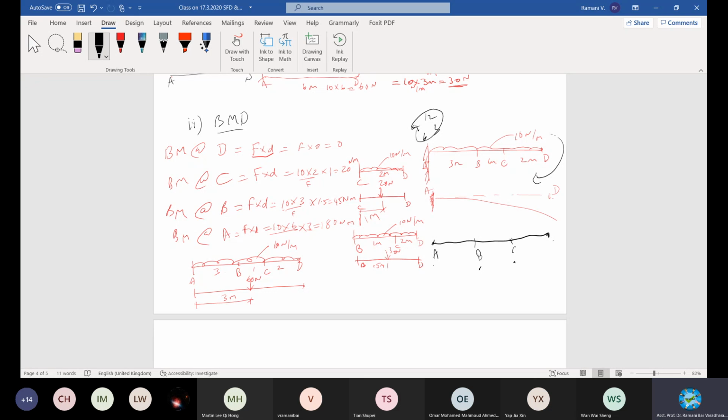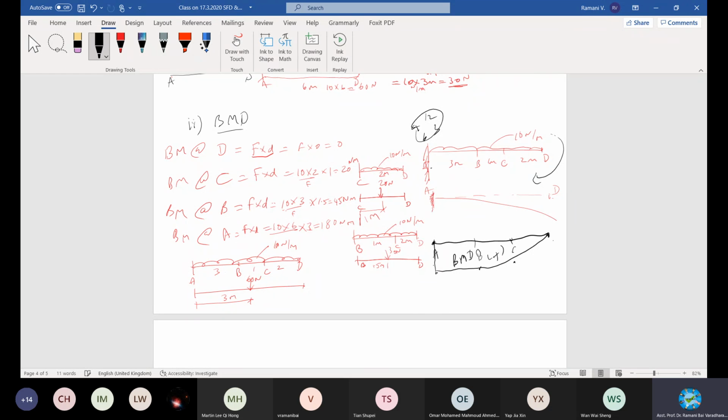And then after 45 is 180 at A. So it's all parabola, right? And then because it's a fixed moment, it should be equal to the couple already there, which is 180 in the opposite direction. Then it will join with 0, it will reach 0. So accordingly, the curve will be something like this. This is the bending moment diagram for the given loading.